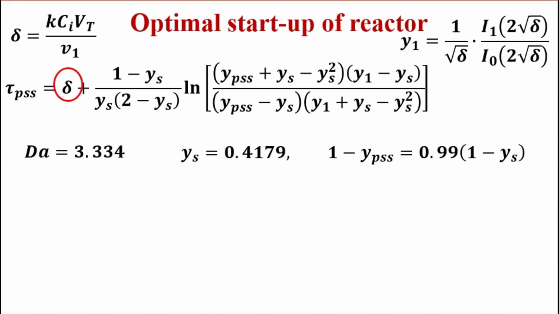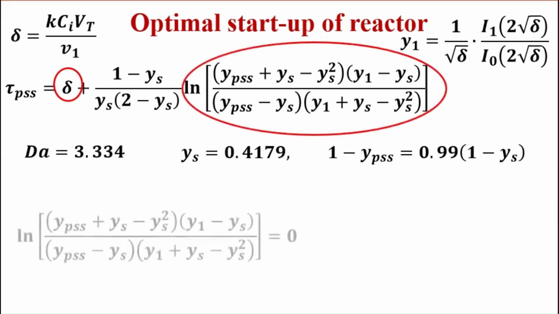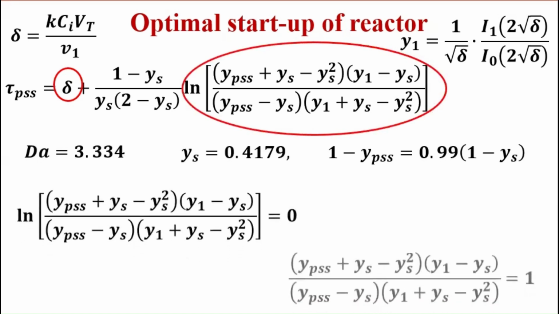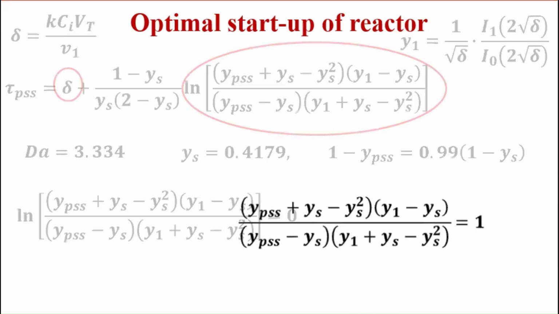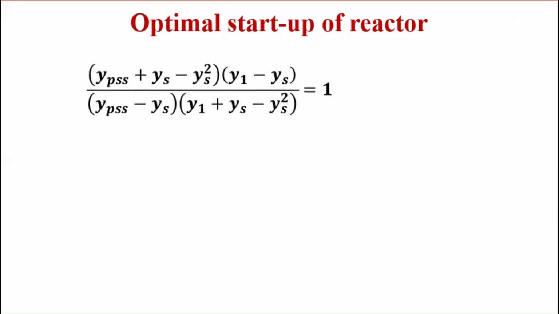The time required to reach the practical steady-state point is minimized if the logarithmic term becomes 0, or the term inside the logarithm is equal to 1. To achieve this, it is necessary that the value of y1 is equal to the practical steady-state value. In other words, if we want the time required to reach the practical steady state point to be at its minimum, the volumetric flow rate of the input feed during the reactor filling stage must be chosen in such a way that the ethyl acetate concentration at the end of the first stage is equal to the practical steady state